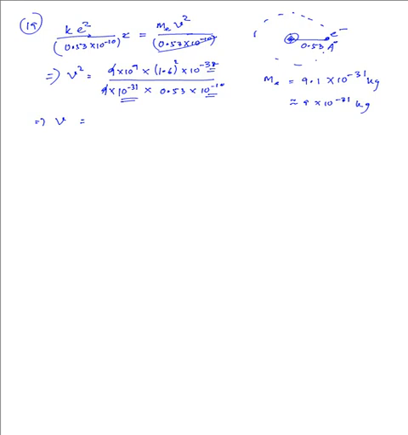Taking the square root to obtain v, root of 10 raised to the power 12 is 10 raised to the power 6. Now what terms are left? 1.6 squared taken under root is 1.6 directly, and 0.53, well,